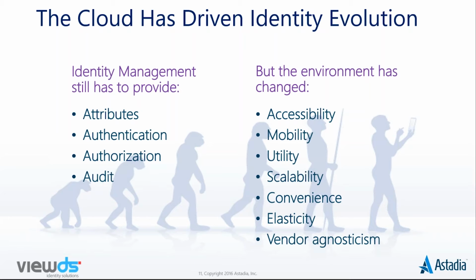And finally, cloud computing encourages combining applications and infrastructure services from multiple vendors. So cloud identity today has to be vendor agnostic. You can pick services and applications from the vendors that suit your needs and combine them using cloud computing, and the identity system has to be able to support that. The idea of basing your entire IT environment on a single vendor stack just doesn't make any sense at all in a cloud computing environment.